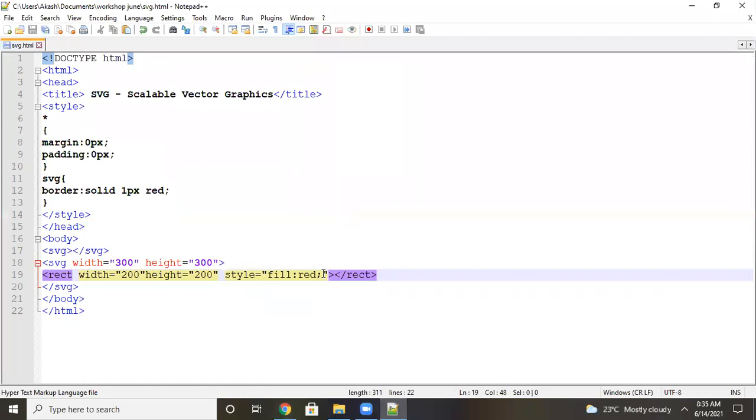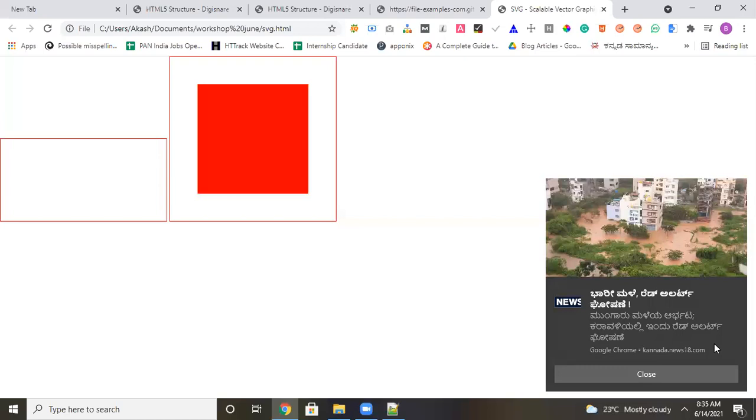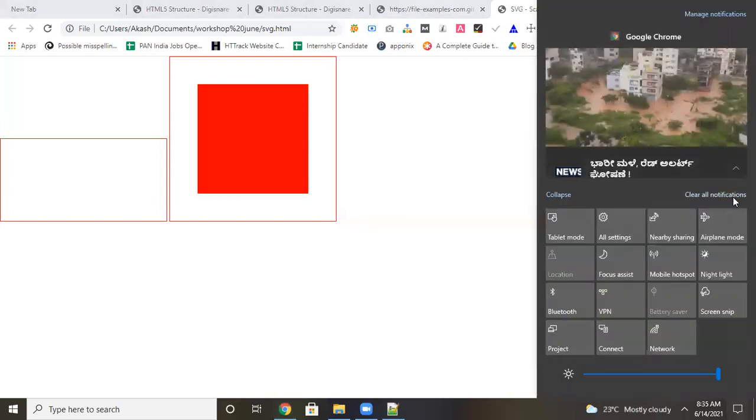And if you want a gap between X and Y, where X means left side and Y means top, if you want spacing, you can mention it in X and Y. That comes separately. X equal to 50, Y equal to 50. One is the x-axis, one is the y-axis. Now you get a 50-50 gap on both sides. This way we can draw different geometrical elements with the help of SVG and canvas.